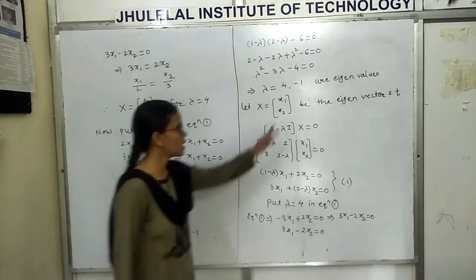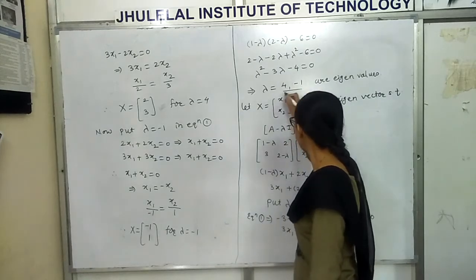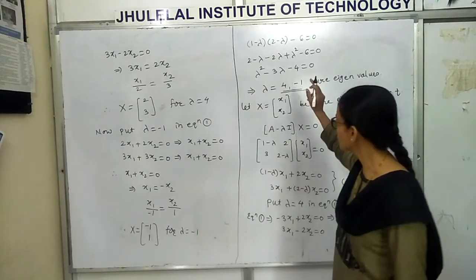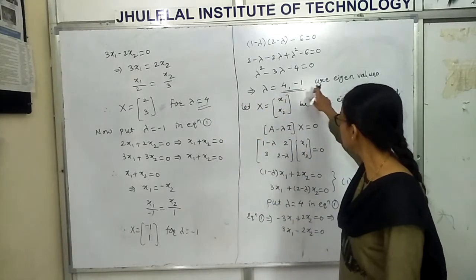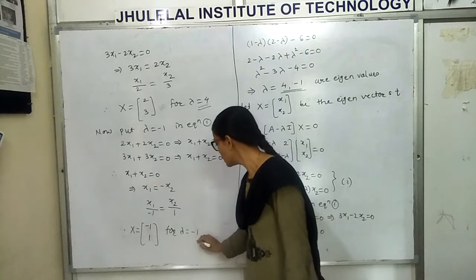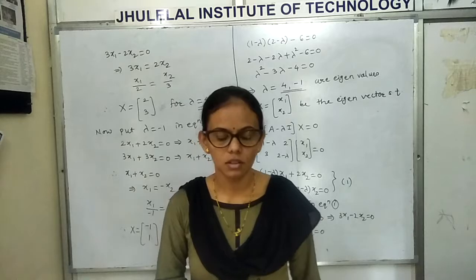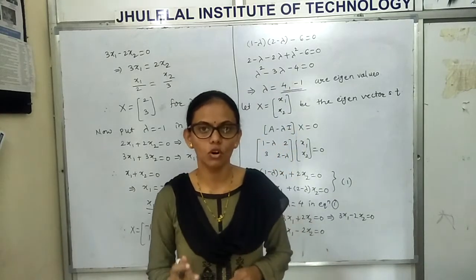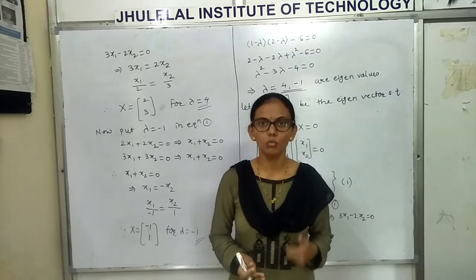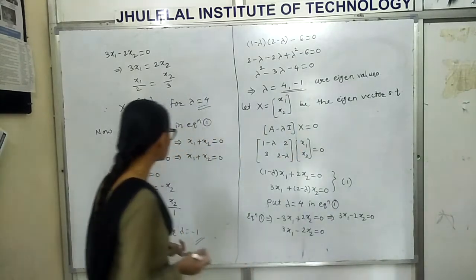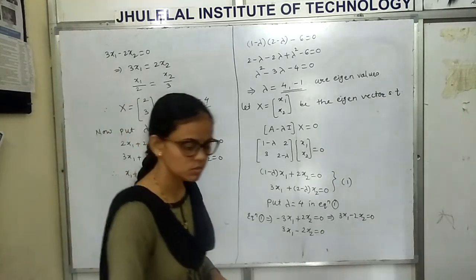So in this way we got the eigen. First of all, we have calculated the eigenvalues, that is 4 and -1, and corresponding to 4 we got the eigenvector. Corresponding to -1 we got the eigenvector. Since the matrix is of order 2 by 2, we got two eigenvalues and two eigenvectors. Now what is our next step? To get the model matrix. To get the model matrix means we have to just write down or put these two vectors in a single matrix.